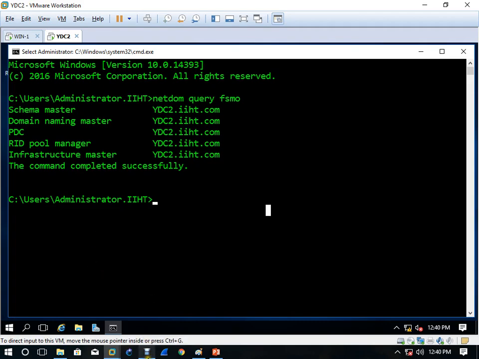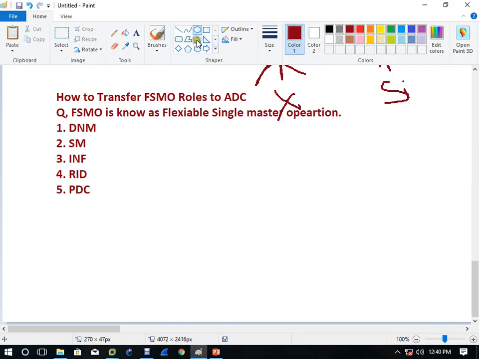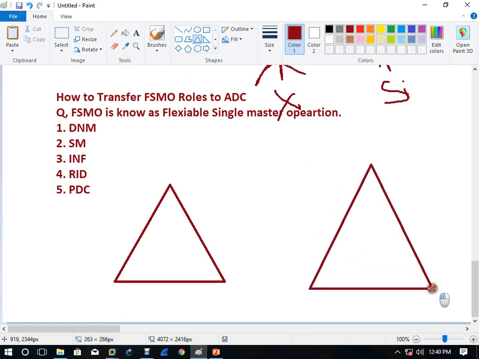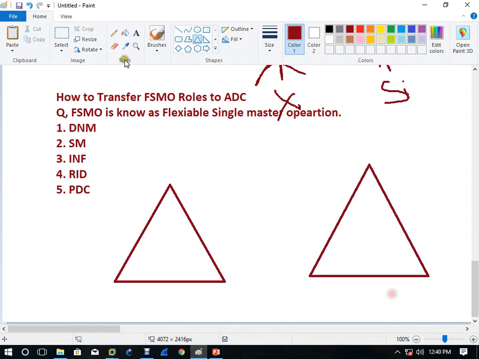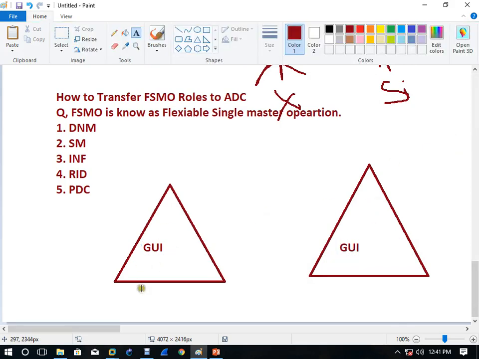Now one question will come again. Here I was using one server, this one, and here one server. This server was GUI based, and this server was also GUI based, graphical, right? Then we transferred the roles.